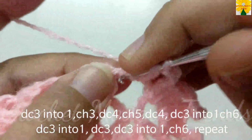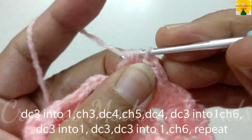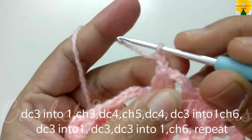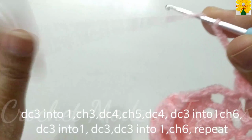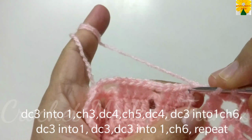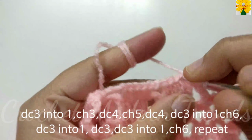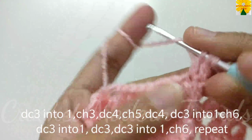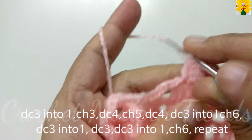crochet 2, do not close it, double crochet 3. There are 4 loops on the hook, pull through all the 4, chain 1, 2, 3, 4, 5, 6. Now on the top of the first double crochet 1, do not close it, double crochet 2, do not close it, double crochet 3, pull through all the loops,